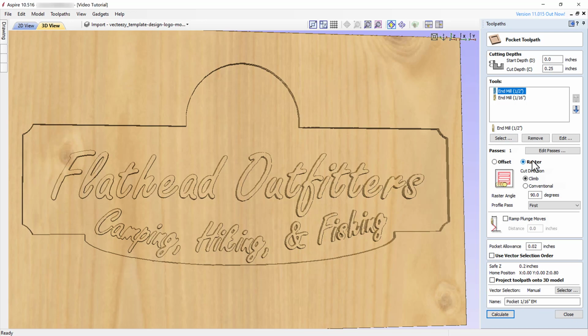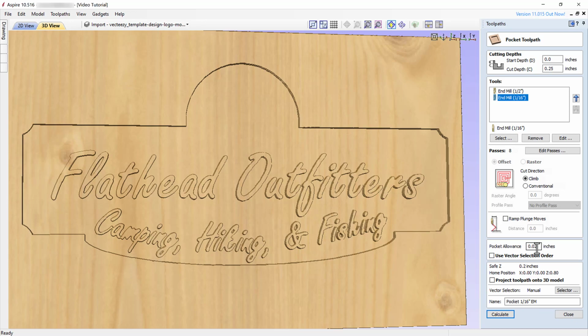Because of that, we can't select a profile toolpath for the 1/16 inch tool. That means the 0.02 inch allowance set in the smaller tool is not being cut away, making the letters not well defined as we expected.